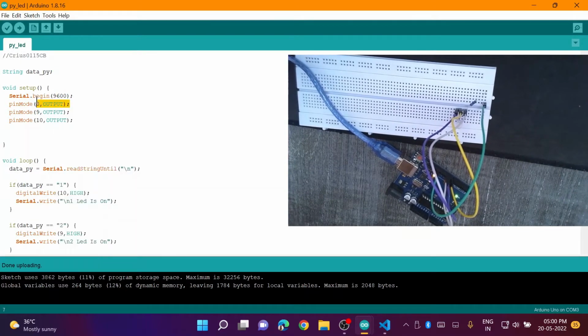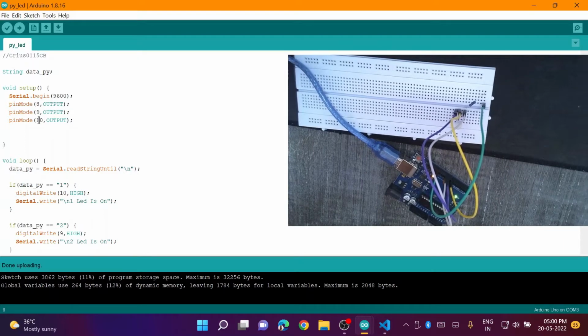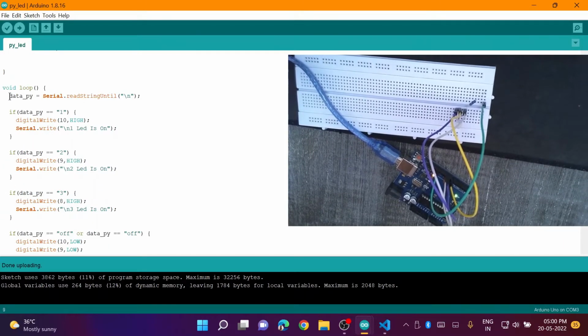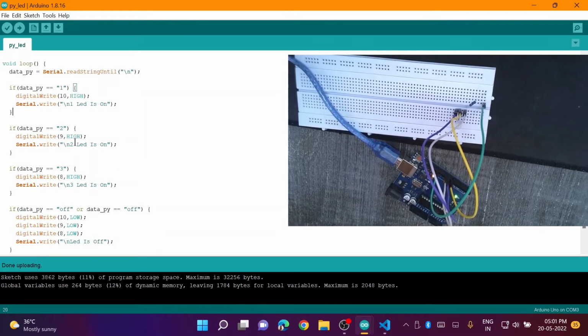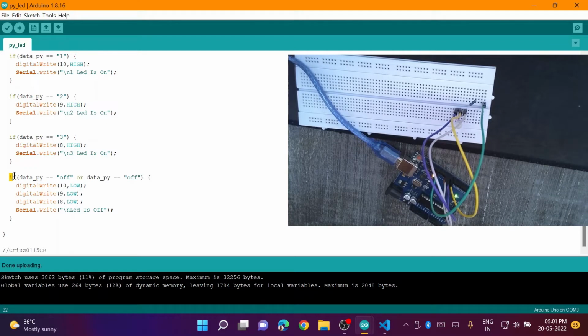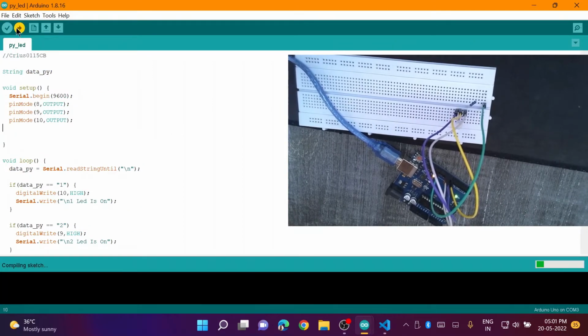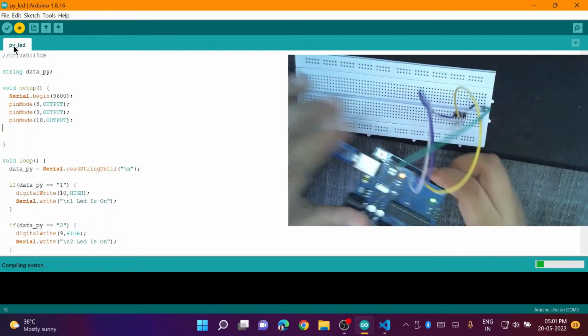Then we will add our pin 8 as output, 9 as output, 10 as output. Then we will do void loop. In the loop, we will add data underscore py equal to Serial.readStringUntil('\n'). Then we will add if data underscore py double equal to 1, then it will turn on the LED 1, and the same for the others. Next we will have if data underscore py double equals to off, then it will turn off all the LEDs, and that's it. Then we will upload our code to the Arduino,